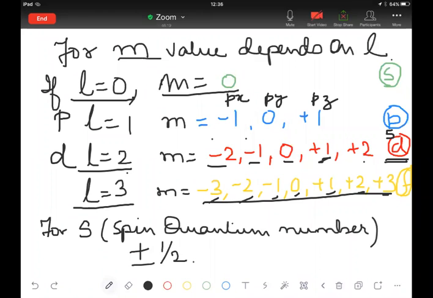Now, if you actually want to understand one thing here that I will try to tell you, just 1 second, let me see if I have another slide. Okay, I don't have. So let me explain on the whiteboard. There are certain rules for writing the quantum numbers. What are those rules for writing the quantum numbers, that I will explain. See, which set of quantum numbers is correct? If I'm asking you this, you tell me. Okay, n is equal to 2.